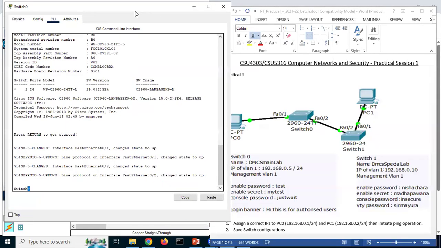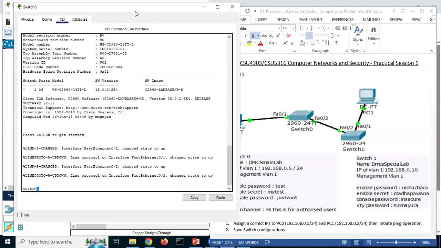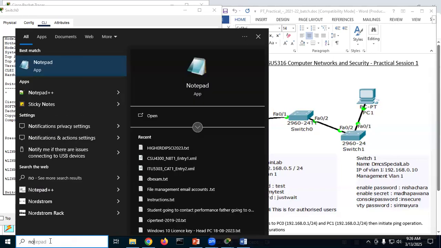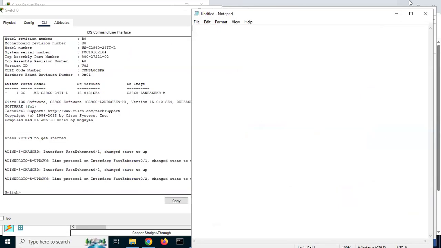I have educated you about 4 modes that a switch can be in. So which mode are we in? We are in the user mode. Yes, user mode. Right. So now we want to change the name of the switch. I am using a notepad to type the commands,